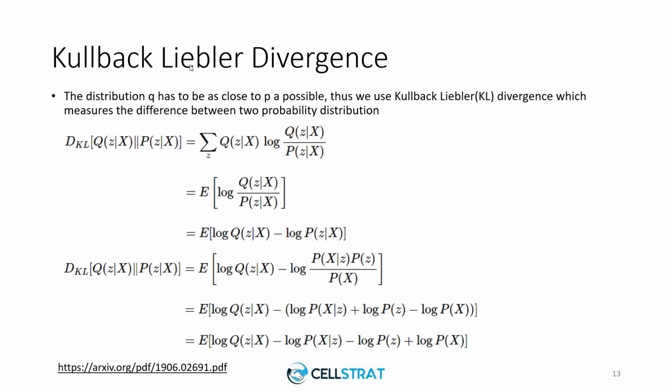Now, coming to Kullback-Leibler divergence. The first question could be, why KL divergence? It's just because we introduced one more distribution over here, which needs to approximate our posterior, which is actually Q Z given X. Since we say that it should approximate, that means this distribution, Q Z given X, should match this particular distribution. And how do we know that it will match? It's by finding the difference. And how do we find the difference? It's by taking Kullback-Leibler divergence.